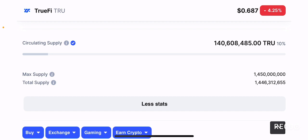But if you see the circulating supply as well, it's only 10% of the token circulation. So the rest of the 90%, imagine if the rest of the 90% gets dumped into the market, you will have some serious price slumping or even a price crash as well. So be extremely cautious. This token is still volatile, and I think a lot of people these days are realizing